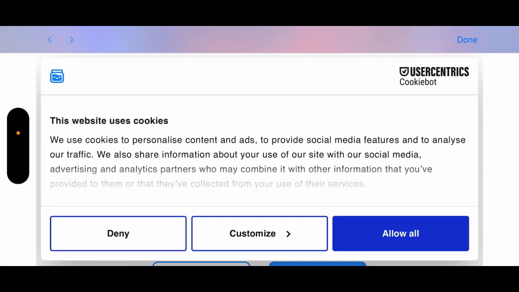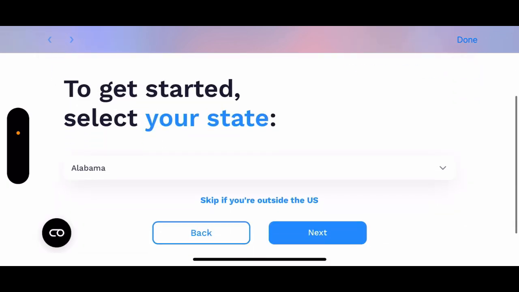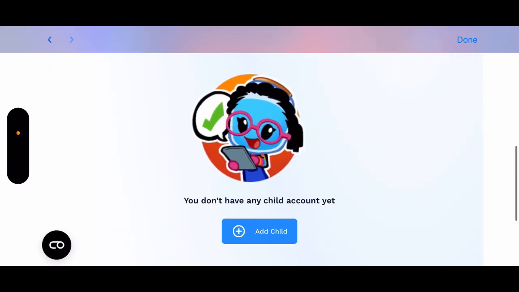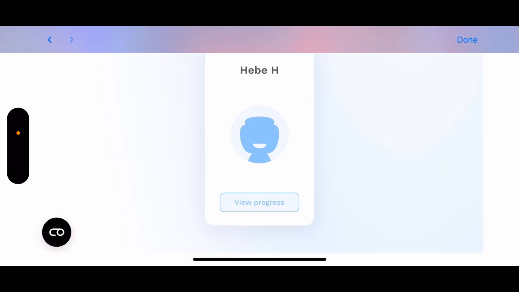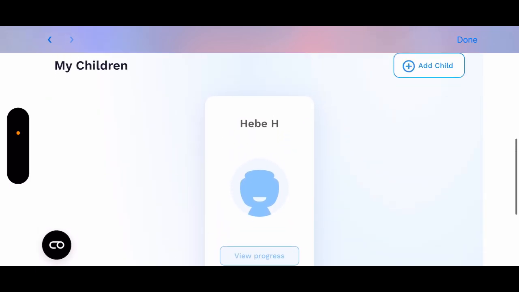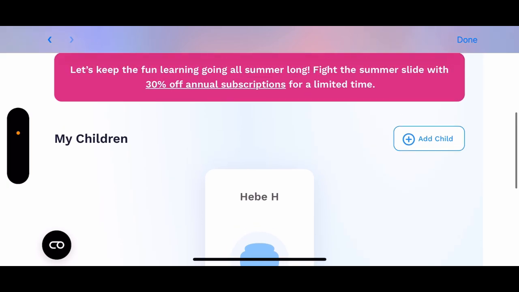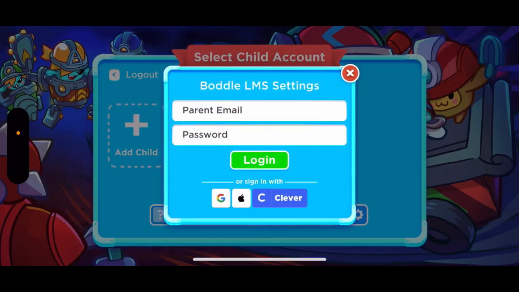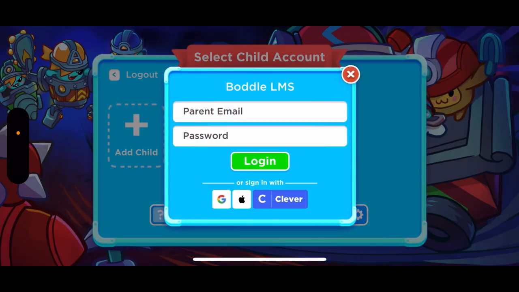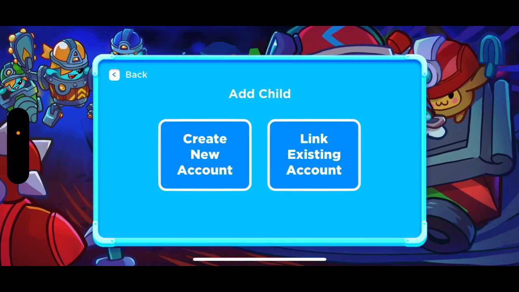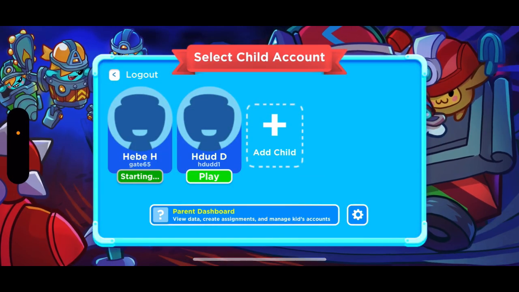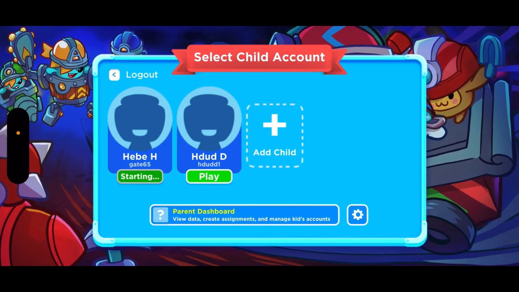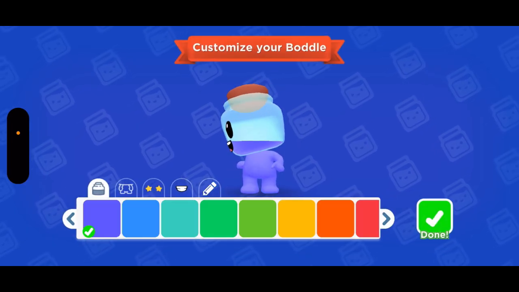And then you can just go to their website and add your kid either from the website or from the app. So here is how it can look when you've added a kid. You can see the overview. And then you can just have these different accounts. And then how the app works is you just tap on the kid, and then you have